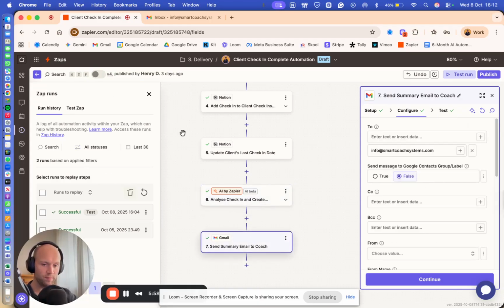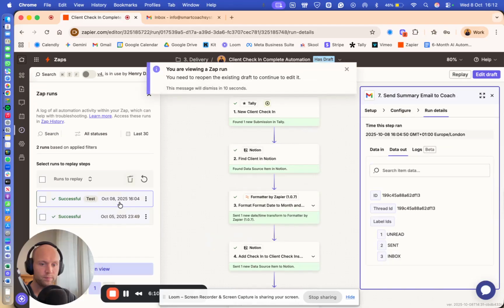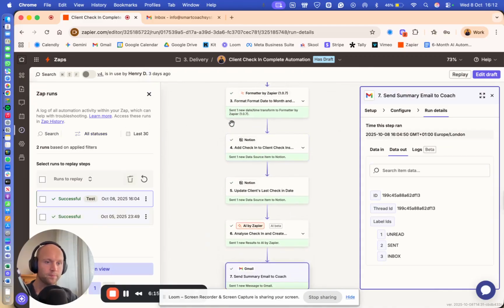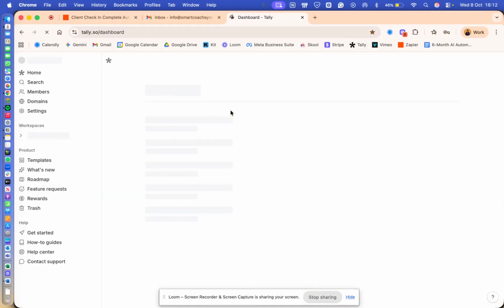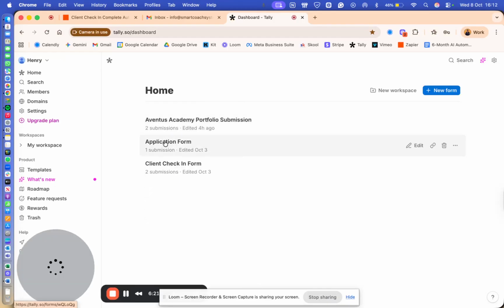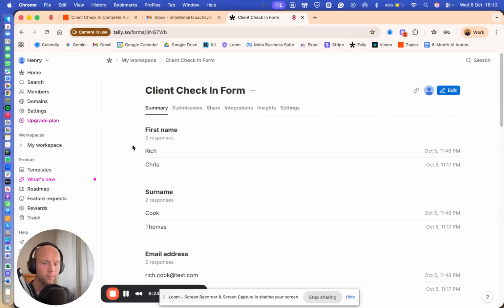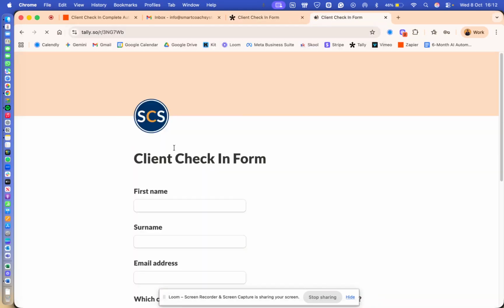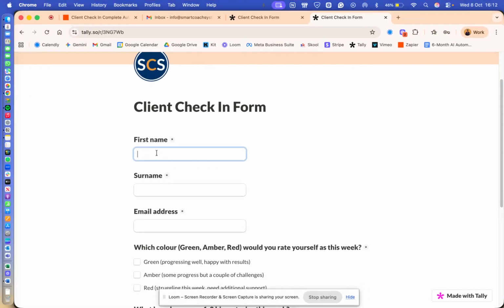So if we run this, I'm going to show you what happens as the email that comes through. And I'm also going to show you what happens on the Notion database as well. So let's run this now. Okay, so we've got our client check-in form here. And we're just going to fill this in as,